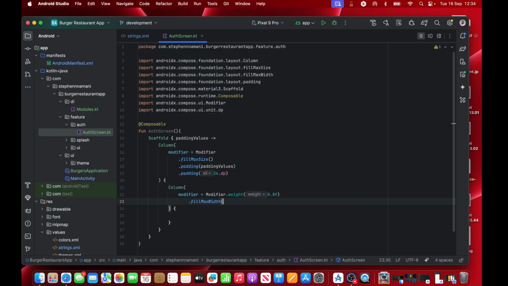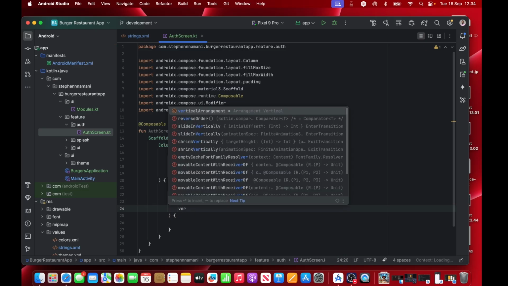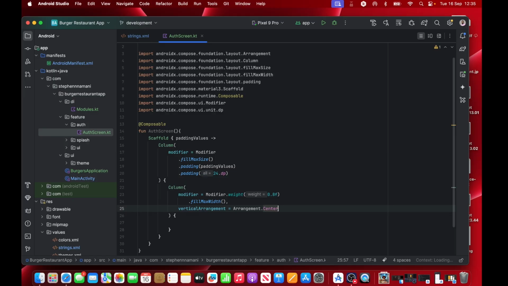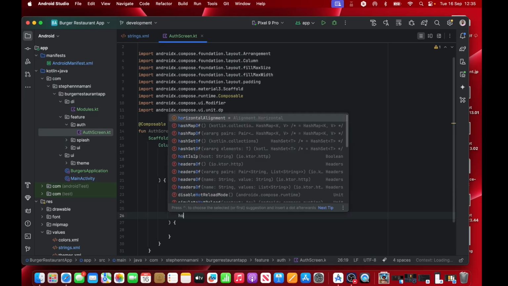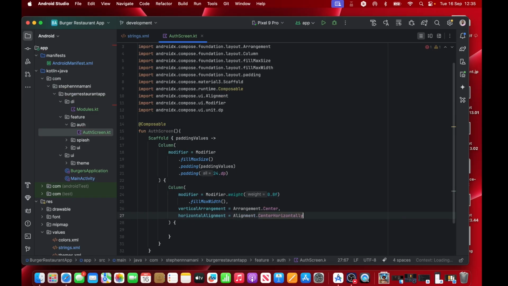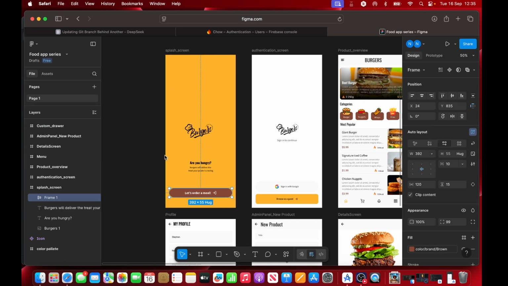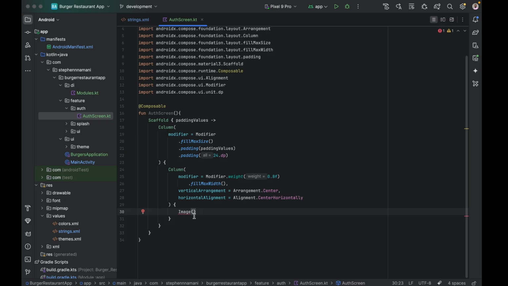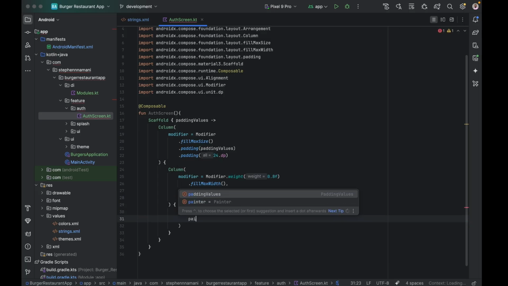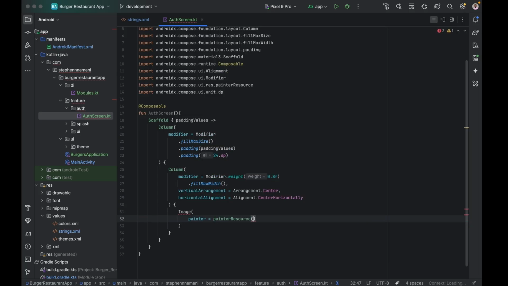Then set our vertical arrangement to center, and horizontal alignment to also align to center. After that, let's add our image icon, which is, let's have a look, this image and this text that tells them to sign in to continue. Inside this image, we're going to import our image file, painter resource